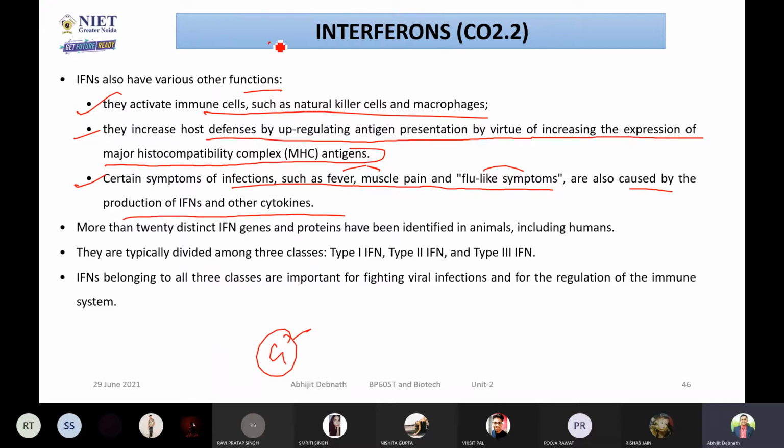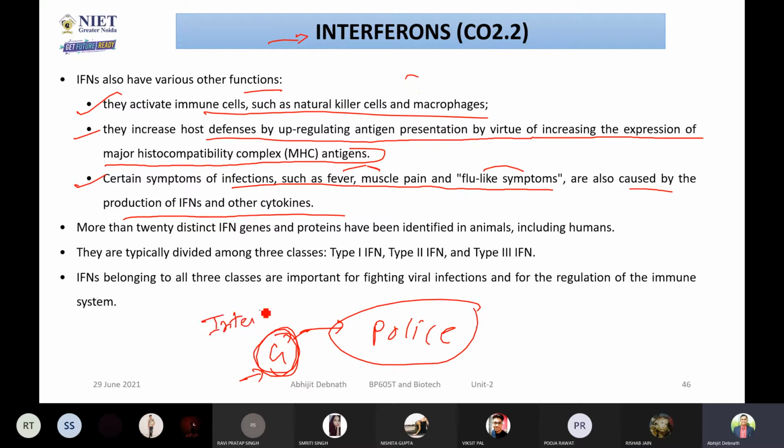सिमिलरली हमारे जो ये that is protein है इंटरफेरॉन, it is also playing a role of guard. वो खुद जो है, मान लो कोई चोर आ गया है, या फिर मान लो कोई आतंकवादी आ गया in our city, so गार्ड तो आतंकवादी से नहीं लड़ सकता. So guard will call to the police. Similarly, in our case, interferon is the guard. In your cell, some antigen actually entered. So interferon will call to macrophage or other immune cells like B cell, T cell. इनको it will inform that you may activate and go and destroy. So basically, this is how interferon is actually playing a big role.